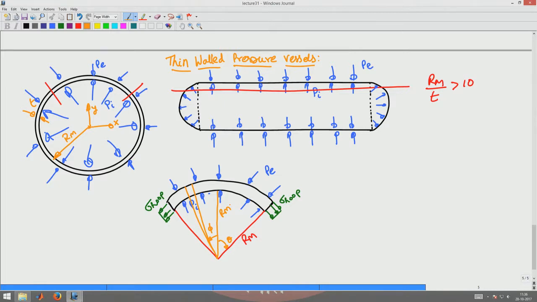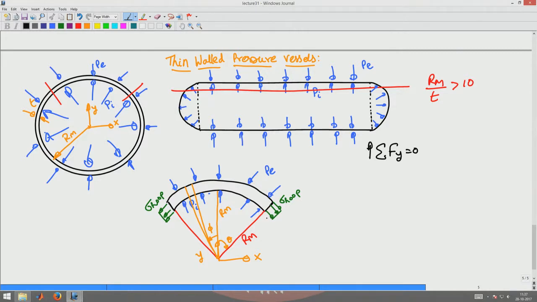If I section this, the free body diagram of this will look something like this, where I have exposed the hoop stresses, there is external pressure acting like that and internal pressure acting like this. Now, I want to write the vertical and horizontal force equilibrium, wherein my x and y axis are as shown. I want to write the vertical force equilibrium for this structure, sigma Fy equal to 0 with upward acting force as positive.